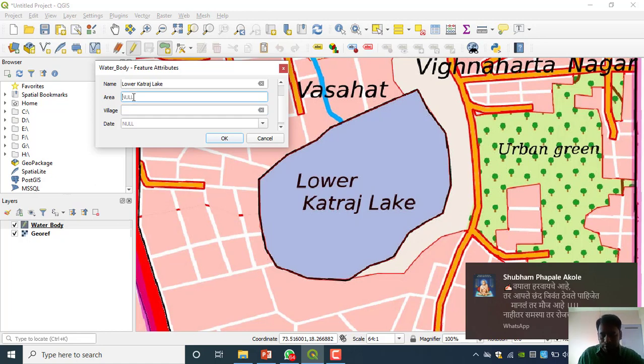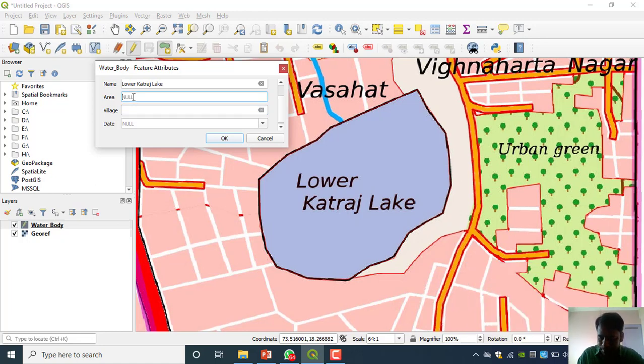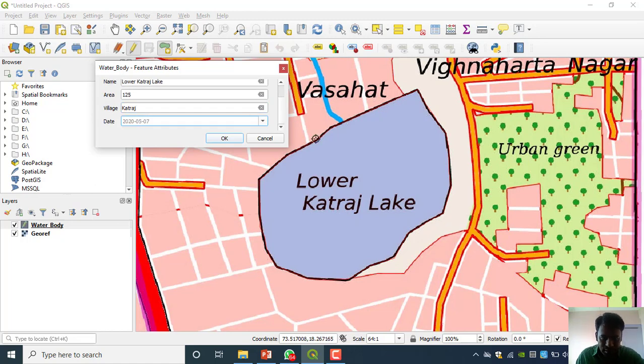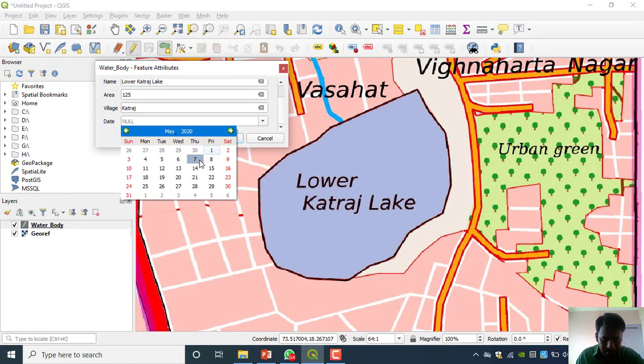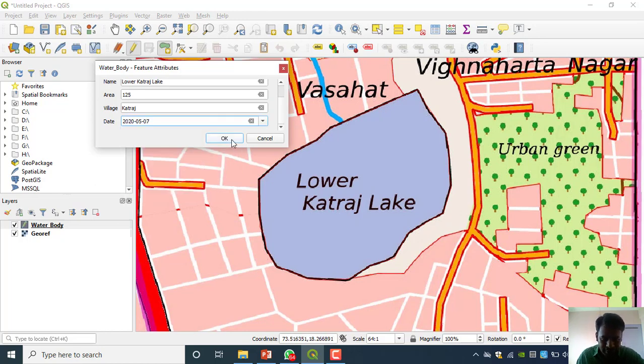For area we have to give numbers. Numbers. Village, here Katraj. You have understood why it was not taking that earlier, because when we set that variable, at that time we set the numbers, integer. That's why it is taking only numbers, not text. Here is the text, and that is there. Today's date, we can keep today's date.